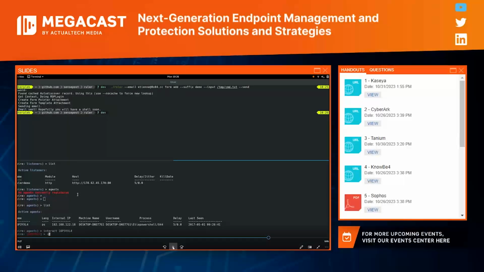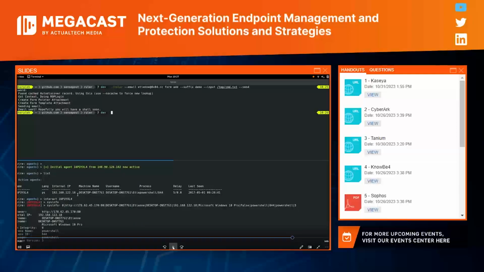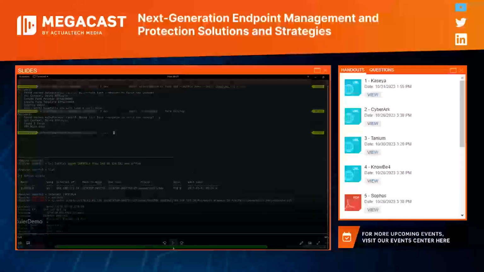So again, now they're on that victim's computer with complete control of that system. All they did was have the email address and password, kick off the SensePost Ruler tool to inject a malicious form and activate it, so it opened up a reverse Empire command shell back to the hacker's server. Pretty wild, huh?